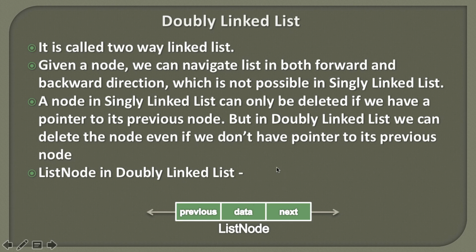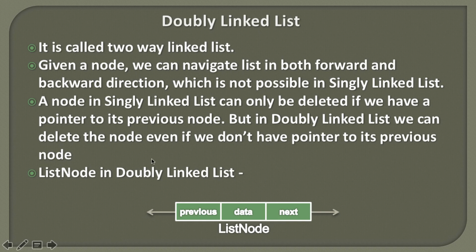So friends, when we discussed singly linked list, it was a one-way linked list. It had only two things: one was the data and the other was the pointer to the next list node. But if you see a doubly linked list, it is actually a two-way linked list. This list node has basically three things. One is the actual data which it holds, and another is the next pointer. This next pointer points to the node which is just after it, and it also has a previous pointer which points to the node just before it. So this way it's a two-way linked list.